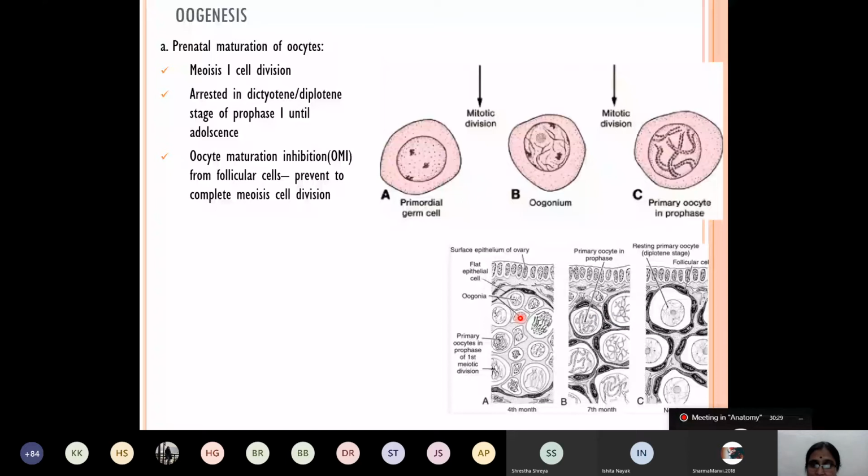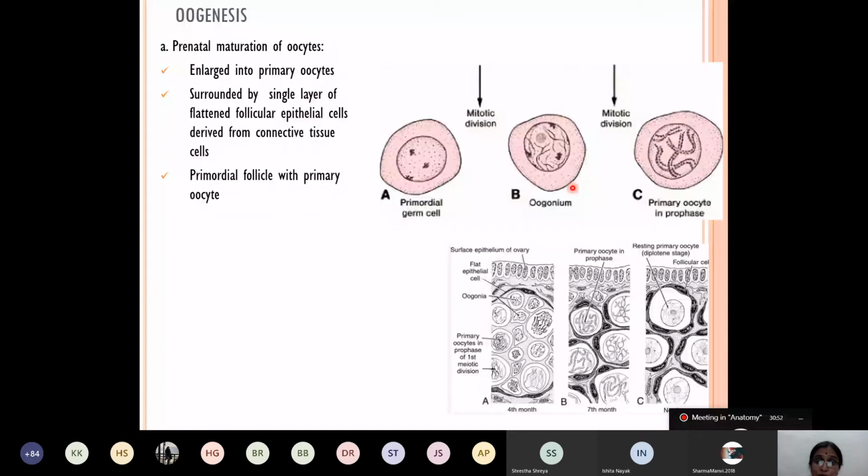They are also undergoing the cell division, meiotic cell division. So these are the important things that you need to remember. So the oogenesis takes place before birth, okay, and first the oogonia undergo mitotic cell division, giving rise to several generations of the oogonia. And oogonia is also known as the primordial germ cells.